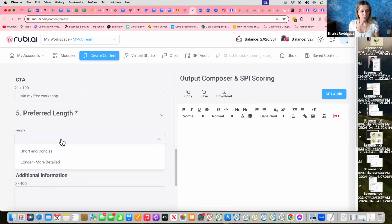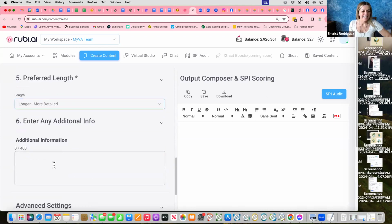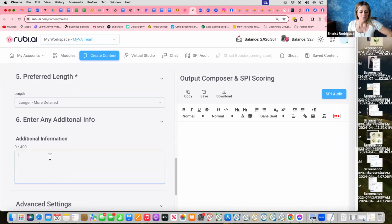The length, short and concise, longer, more detail. What do we want? What's working nowadays? Well, we can do it both ways too. Short and concise. No, I want to see what it does, details. We'll go detailed first. Any additional information? Oof. Okay, so